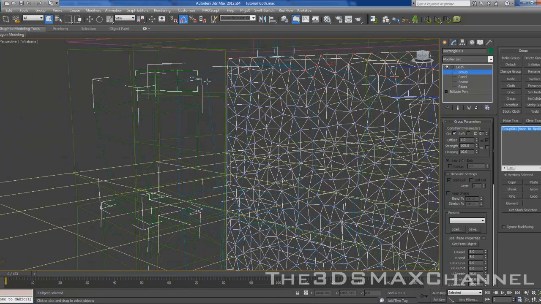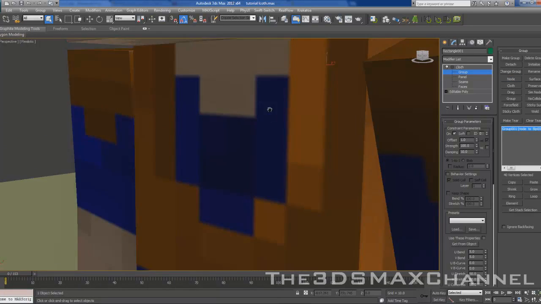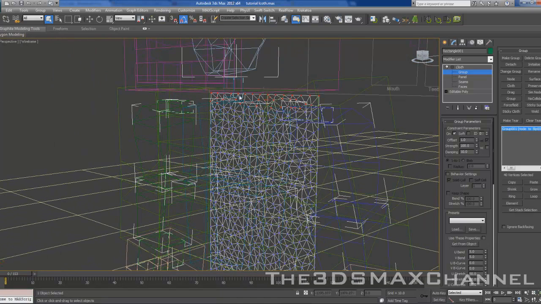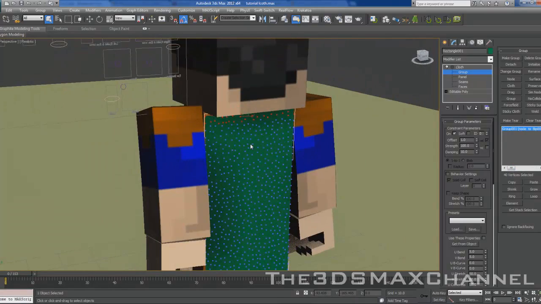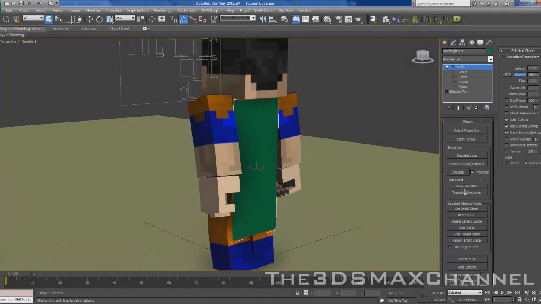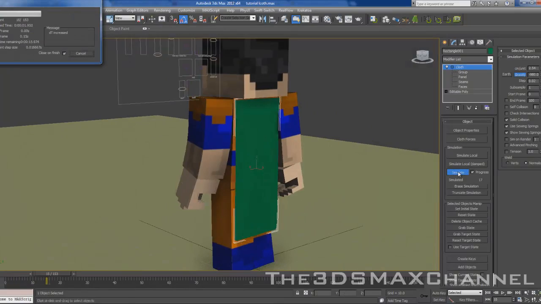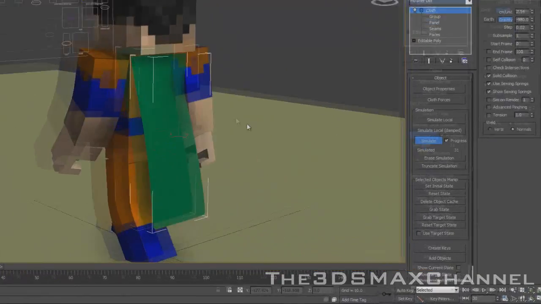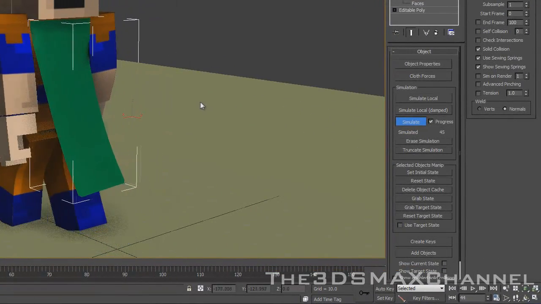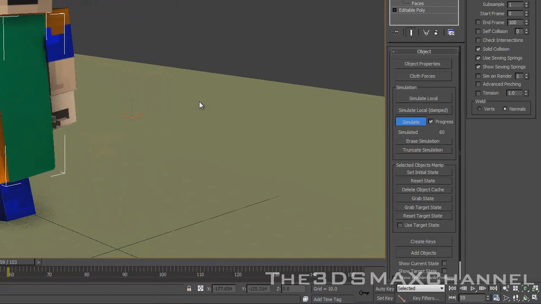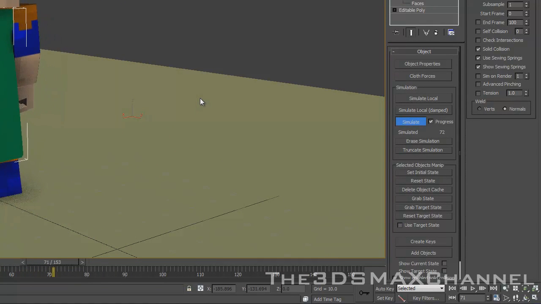If it doesn't work with the chest, try using something that is not connected to the scene. So I'm going to retry this now. There we go. Sometimes you might have the issue with using a sim node that it won't follow it for some reason. So if that happens, try using something that isn't in the collision